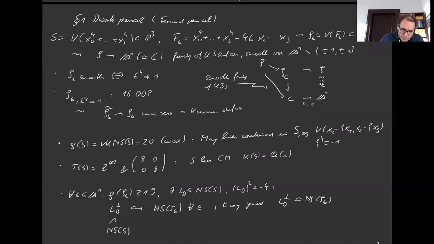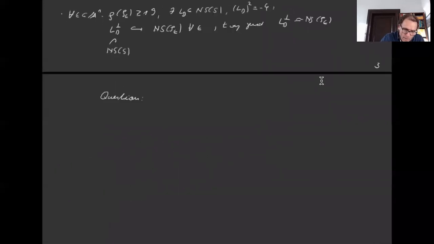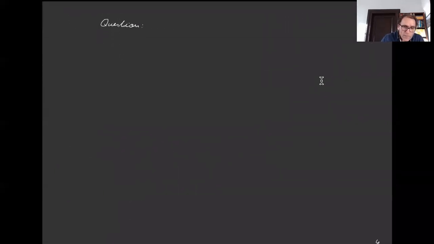Now, what I want to understand is for which other t do I have a maximal Picard number and complex multiplication. Okay, so for this I define